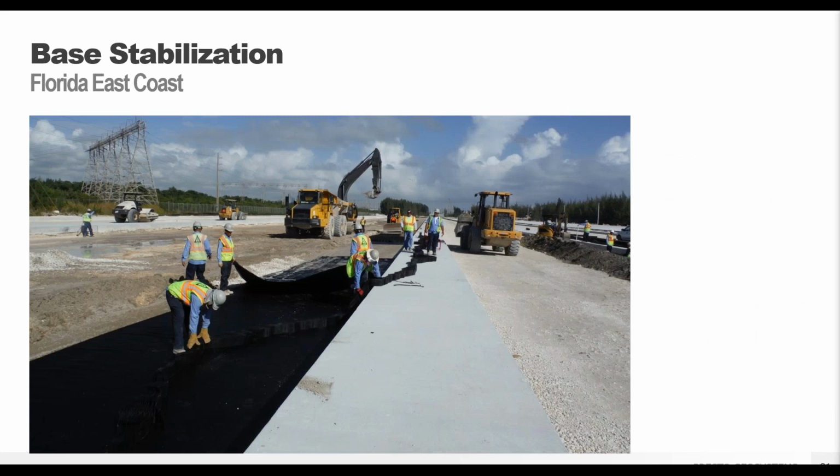In this case, the design for the GeoWeb system consisted of a 6-inch deep GeoWeb filled with that local sand material, so they didn't have to bring in that expensive engineered stone, and then a sand cover, so they just overfilled the GeoWeb panels, and then put in roller compacted concrete on top of that.